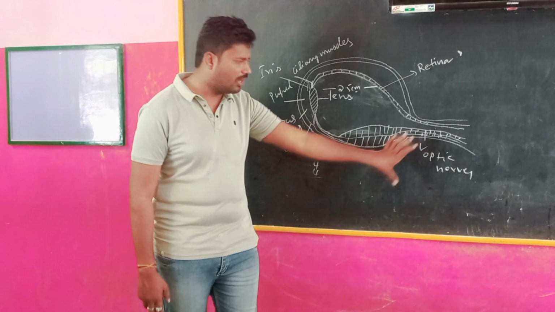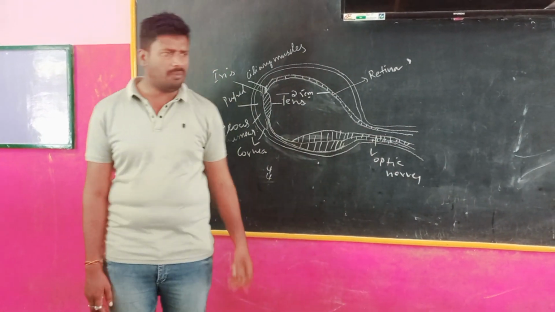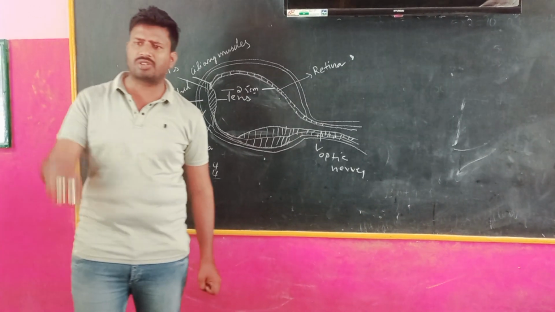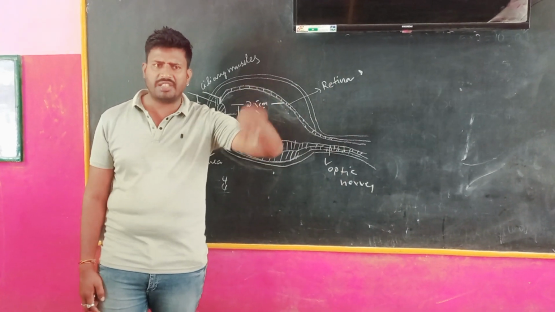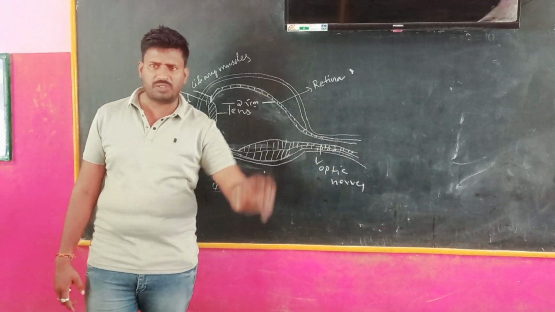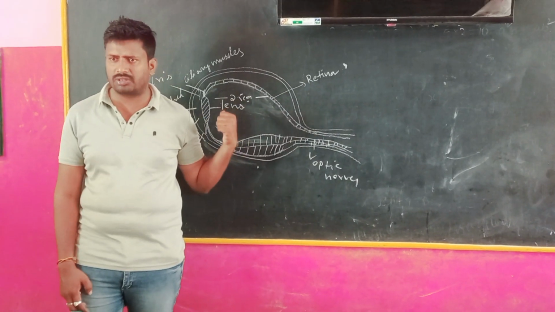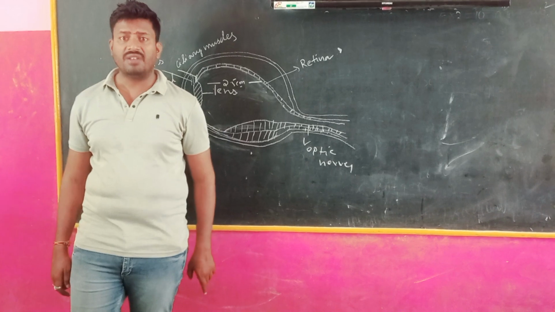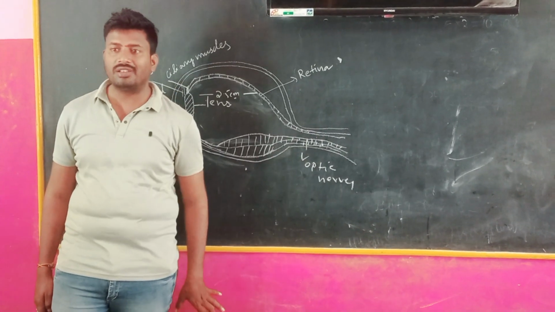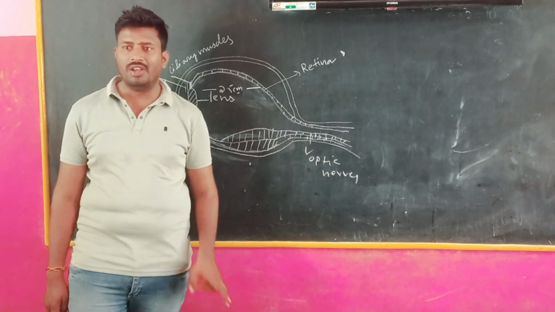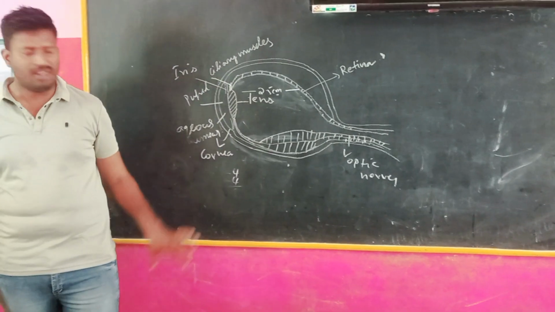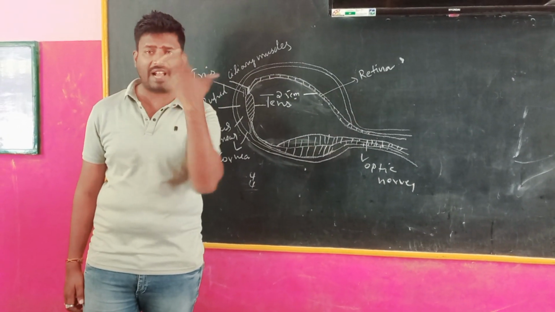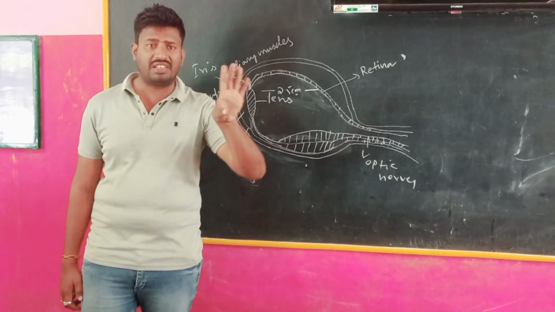And moreover, here we have optical nerves. When we see anything through our lens, the optical nerves carry the information to the brain. There the information is processed, and through the optical nerves, again the information is received at the retina. That is the reason why the image is formed on the retina. Two astonishing features of the human eye are that the iris enables the pupil to act as a variable aperture, and